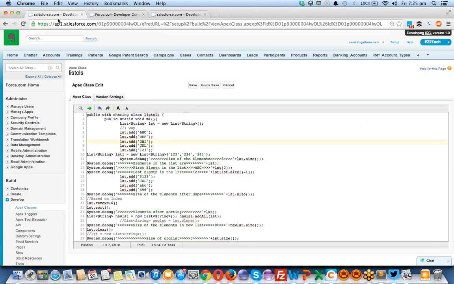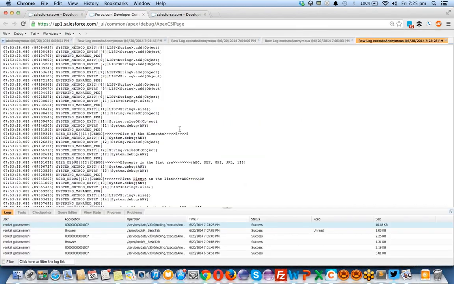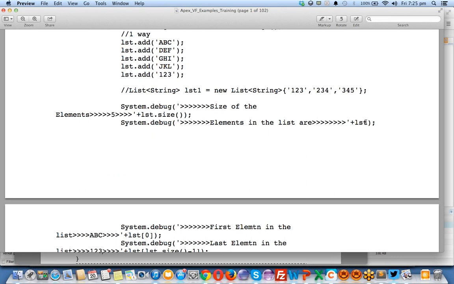Go back to your code. So this is one statement which is executed, and yeah, this is what executed, right? Elements in the list are, so this is the next debug statement. Let's go back here and check what is the next debug. So this is the next debug statement. Elements in the list are, you're printing the sample complete list by this command lst. What it will do is it will display all these 5 values in a list format.